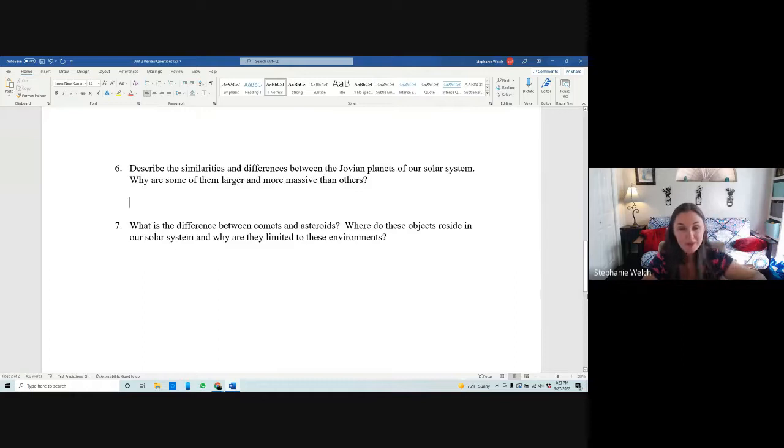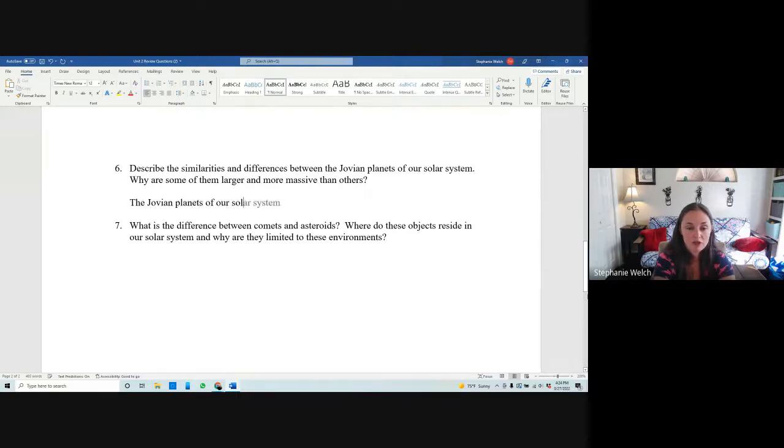Now, it's a completely different beast when you're talking about Jovian planets, and that's why we categorize them completely differently. Because once you reach this threshold of a planet where it can start retaining hydrogen and helium in addition to all of the other gases, then it's essentially an entirely different, almost organism in a sense. So first off, let's discuss again, what are the Jovian planets? So the Jovian planets